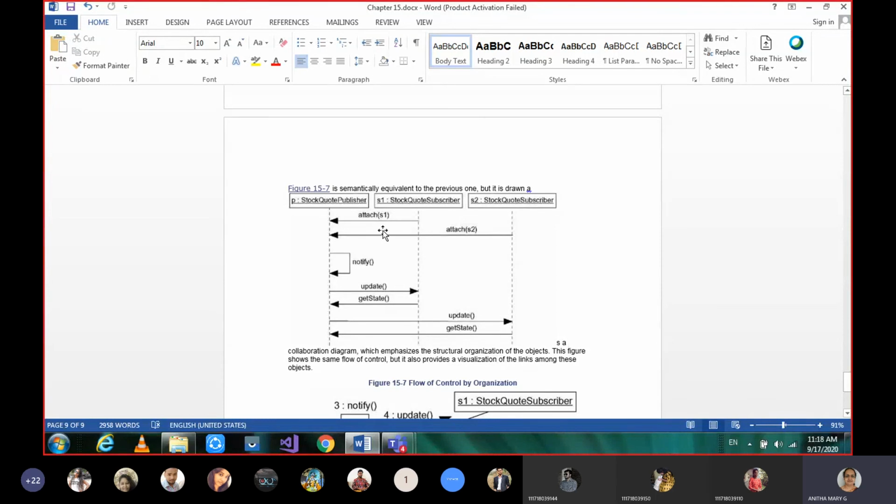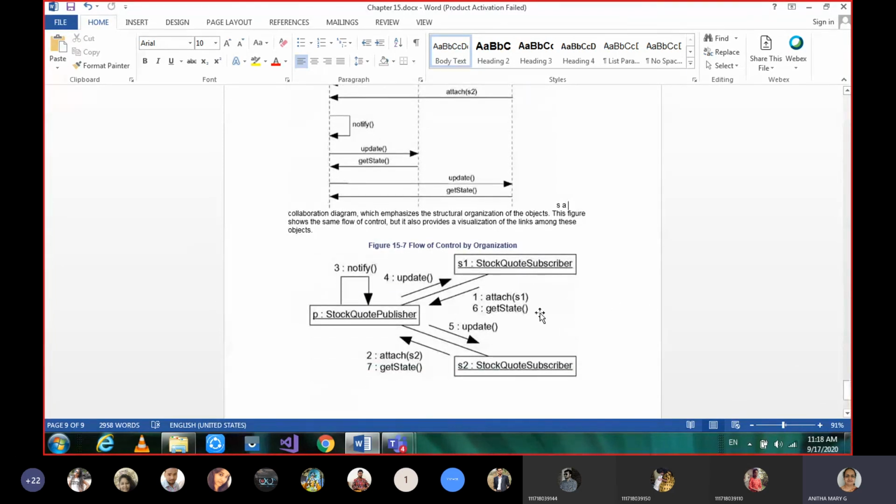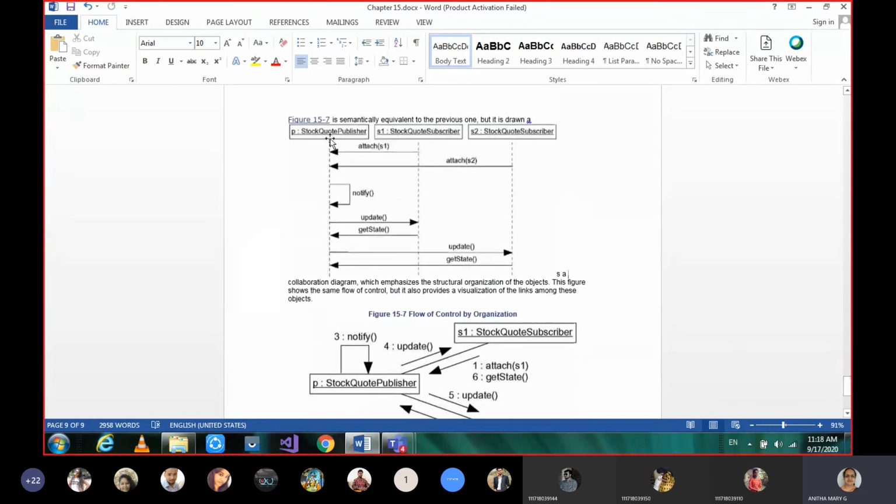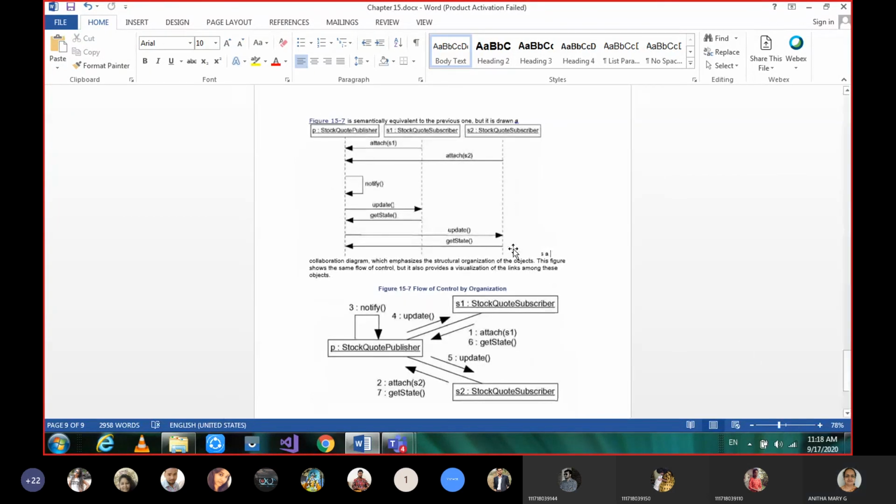In time ordering of messages, we don't number any message here, though some tools give numbering here also. But let's study the basic concepts of sequence diagrams. Message numbering won't be given. Okay, so if we want to draw the same diagram, what exactly do we have to do here? What are the objects given here? P, S1 and S2. So you take P, S1 and S2. Whatever objects are there in the sequence diagram, the same thing we are going to organize.